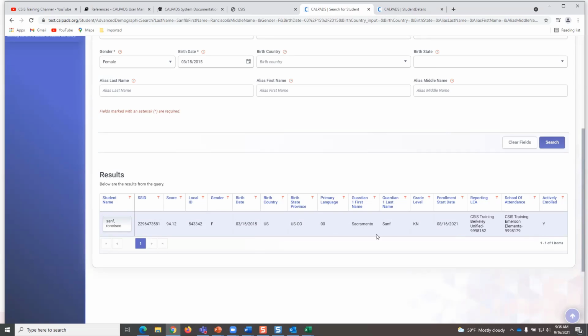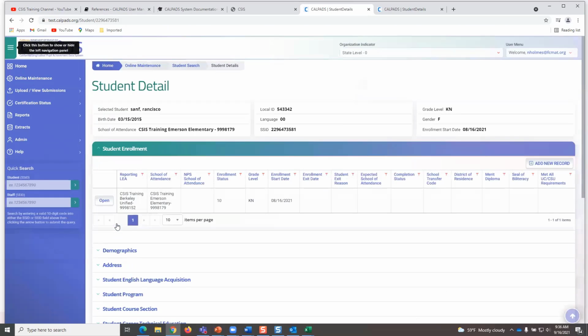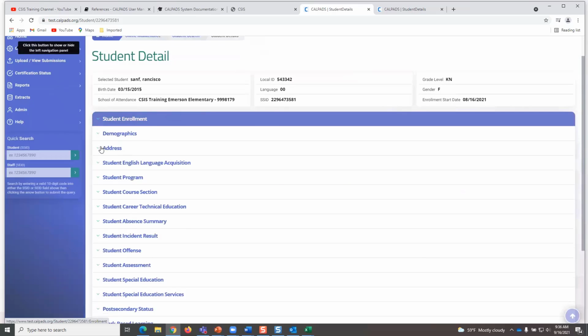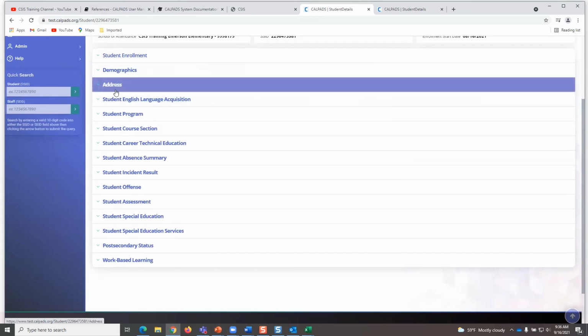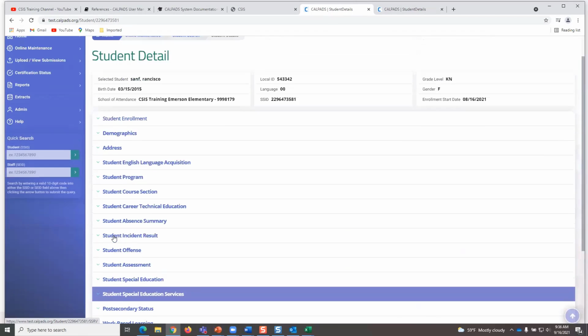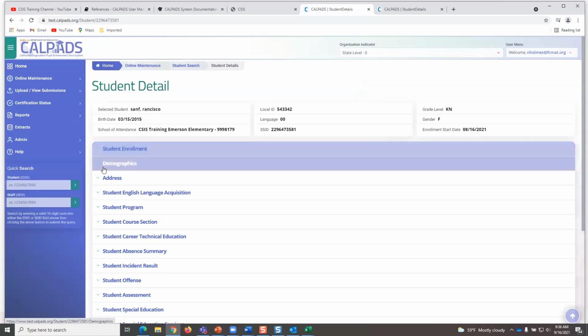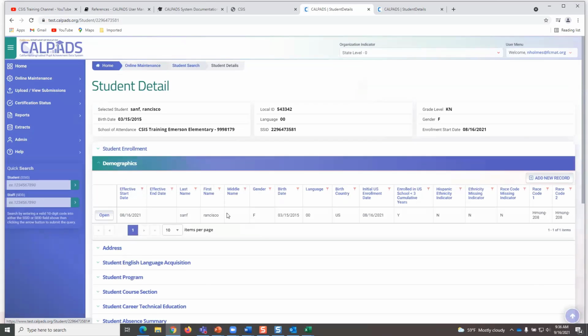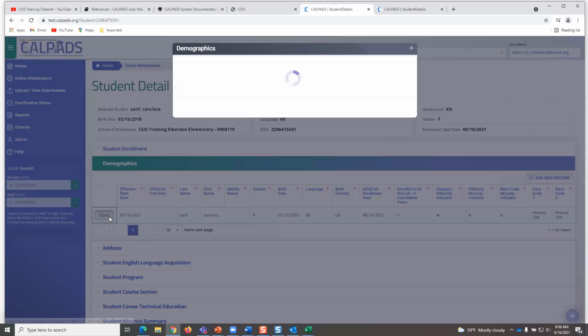So if this isn't enough, this is just a preview, right? You want to go and click the name of the student, and that will give you access to the student detail screen. And this is where you can view the student's profile. All this information is submitted in different records or files into CALPADS, and it's all specific to this student. Here's the enrollment record, the demographic information. And so I can see that I have race, ethnicity information here. If I open the record even more,